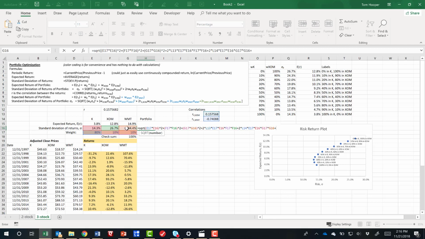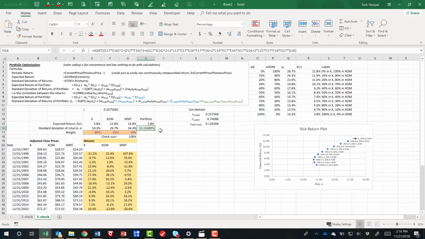And then finally the third combination, 2 times, we can't see it, so I'm going to click here and go down and over, times each weight and standard deviation. So now we've dreamt up a portfolio of these 3 stocks, and we've calculated the expected return and standard deviation for that combination. If we wanted to come over here and make a plot like this, we would have to